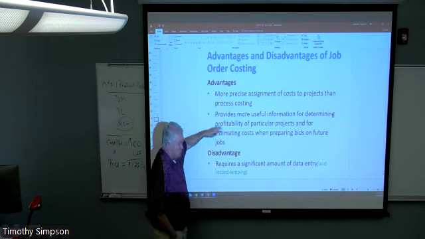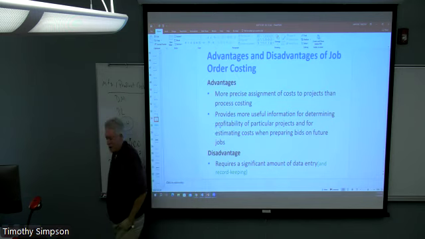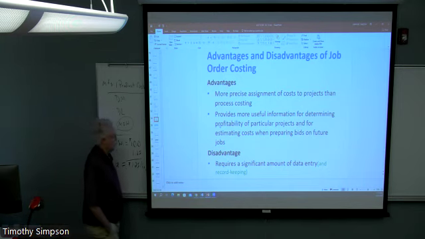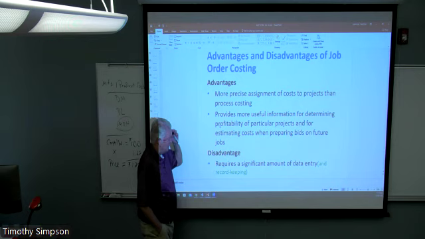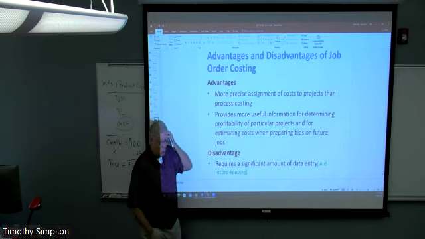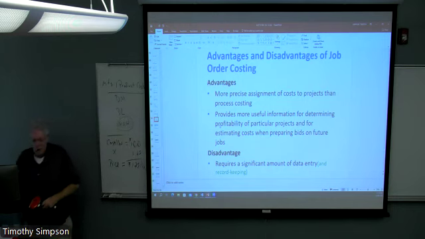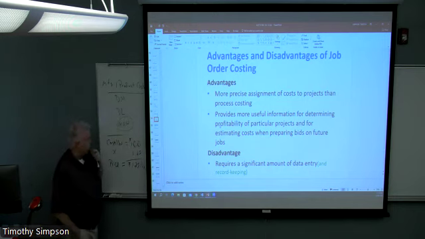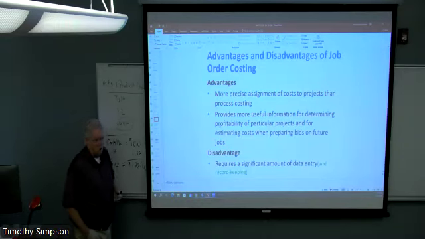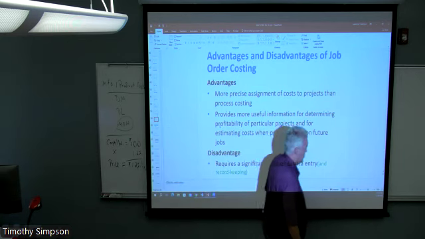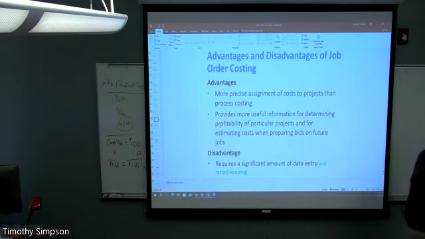And it also allows pricing capability to be enhanced because it provides a measure of profitability for a job. But the disadvantage, and this is a big one, is that it requires lots of record keeping. To the extent that sellers are having challenges in recording and keeping track of cost, it becomes a difficult thing. And I'm thinking of small businesses in particular that just don't have the systems in place to adequately capture cost.